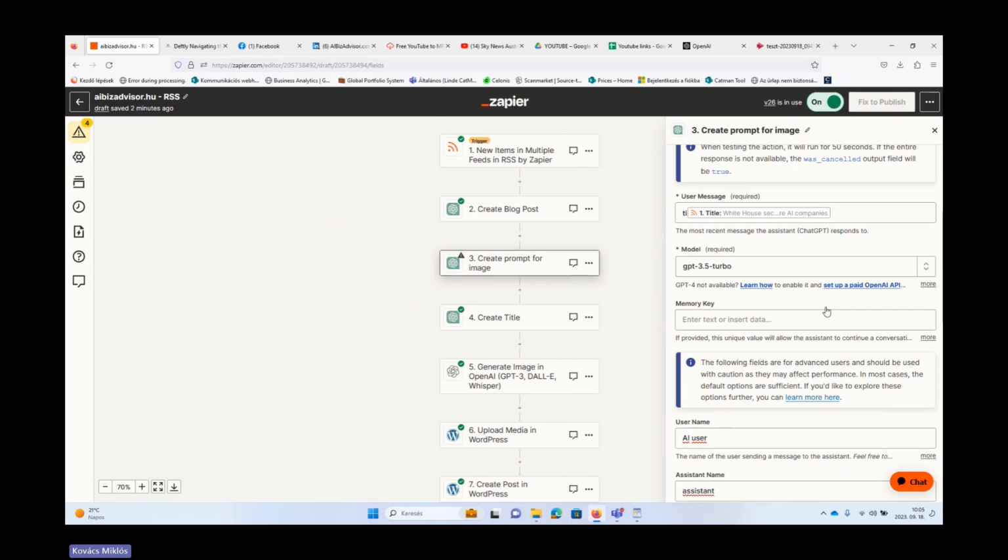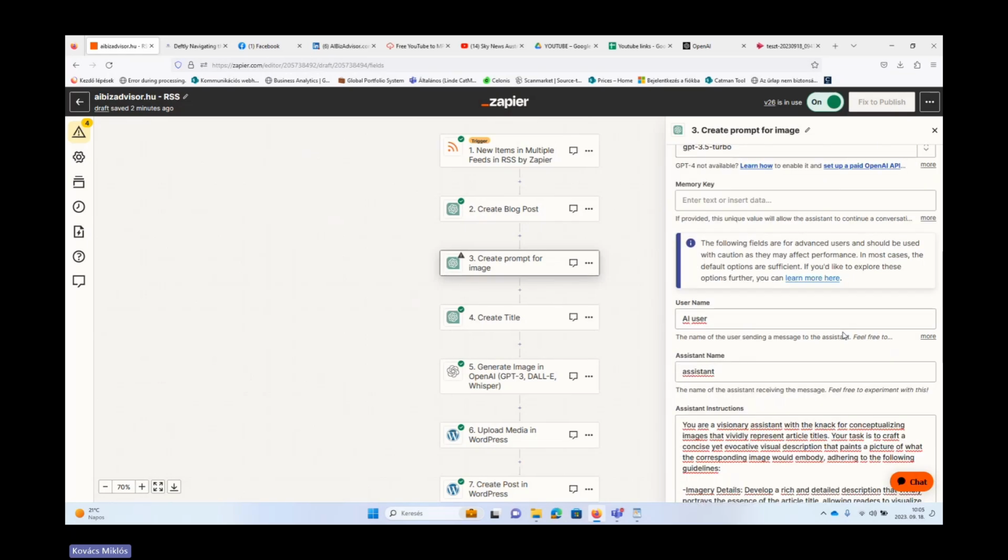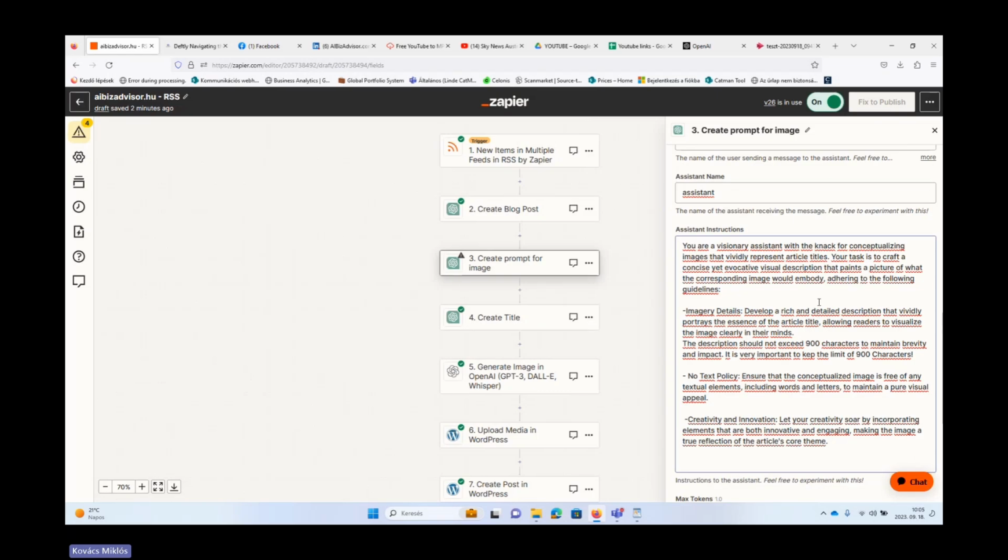For image prompt, probably ChatGPT 3.5 will be sufficient. Username, assistant is fine, and then here comes the prompt, my request to ChatGPT. As you can see, basically I'm asking it to craft a mind-blowing visual description based on the title, of course. I'm defining some details of what it should consider.